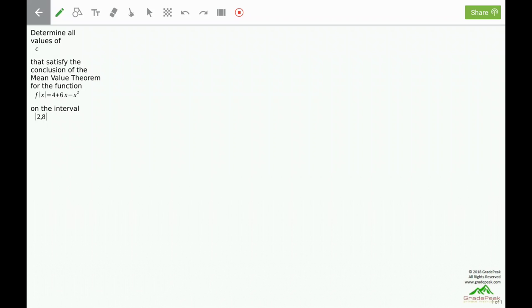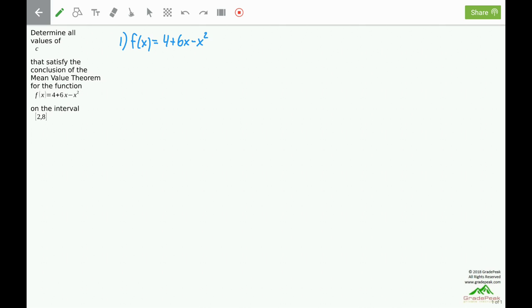Determine all values of c that satisfy the conclusion of the mean value theorem for the function f of x equals 4 plus 6x minus x squared on the interval 2 included to 8 included. The first thing to do is to determine whether the two conditions are met for the mean value theorem to apply. The first condition, the function f of x equals 4 plus 6x minus x squared has to be continuous